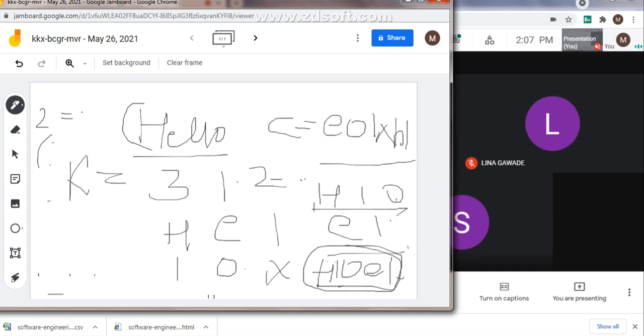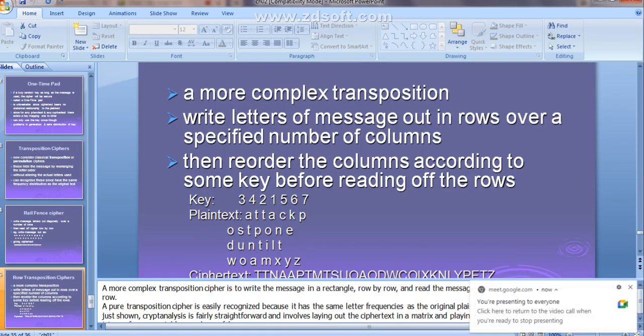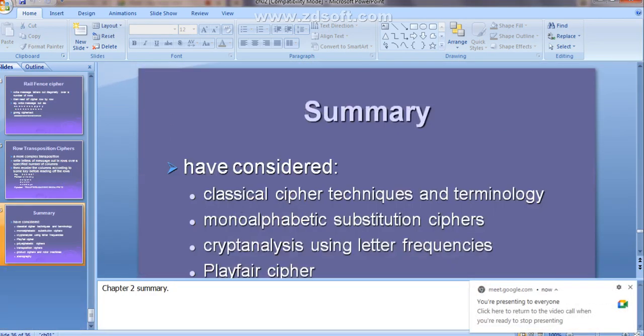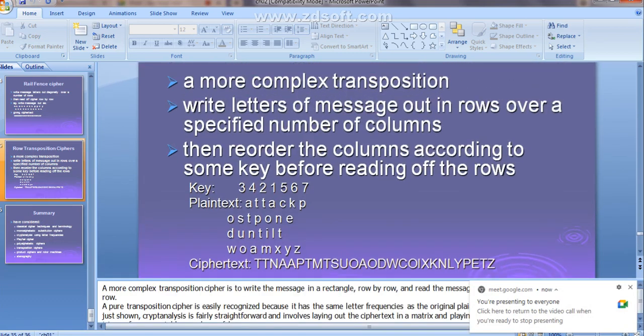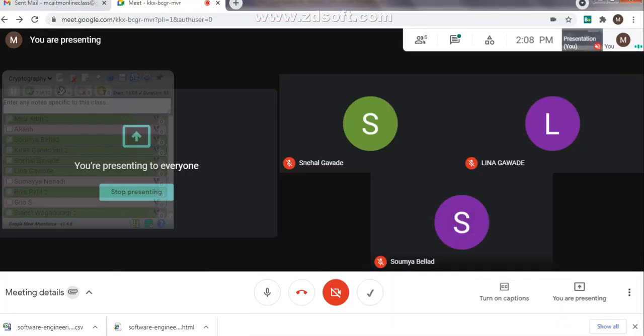Have we got both the transposition techniques? Hello? Soumya, can you hear me? Hello? Snehal, Lena, are you guys listening?